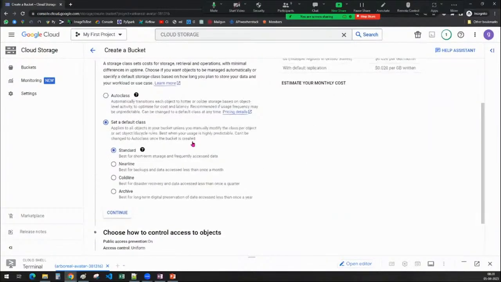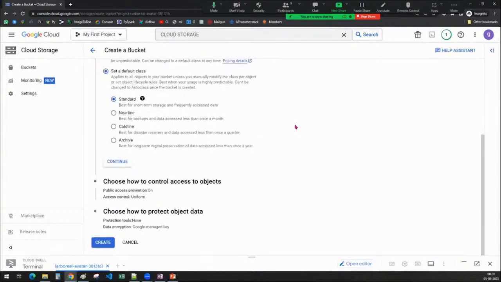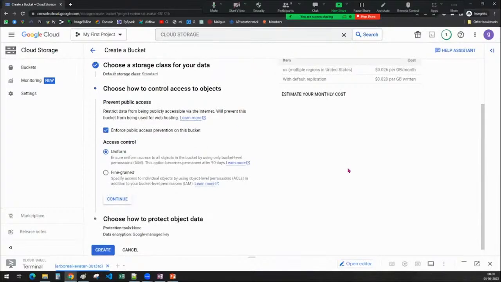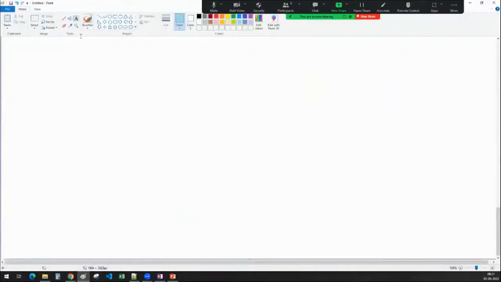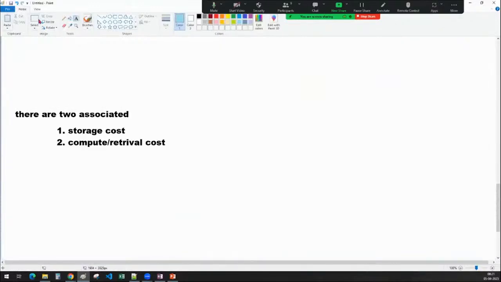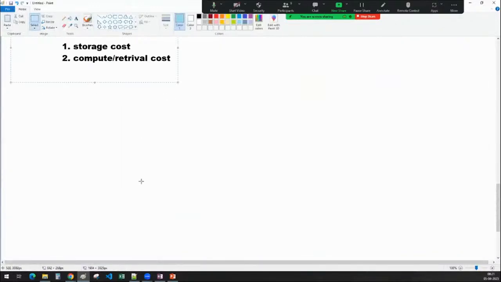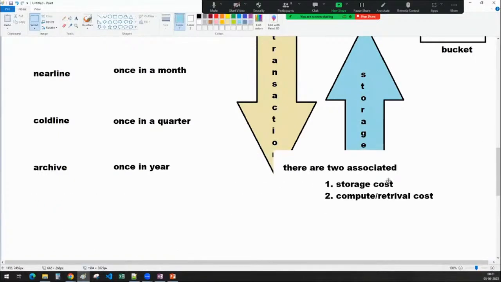And now I have selected Standard because I want to access the data frequently. Now, this is a very important thing, because I want to control the files inside my bucket. Everyone wants to worry about security, right? So this is where we are securing our buckets and files. Very important topic. Please be focused on this one, guys. Okay, so the thing here is,